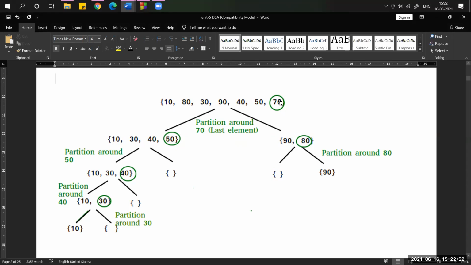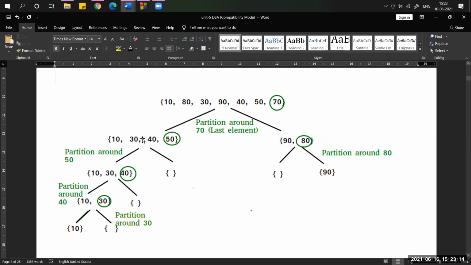What are the greater values than 70 in the given array? 80, 90. These two values should be placed at the right side. This is the left sub array, and this is the right sub array. Like that, we are going to do partition.